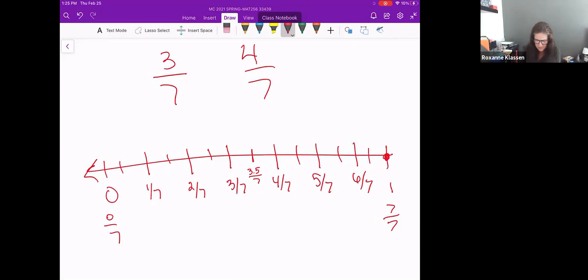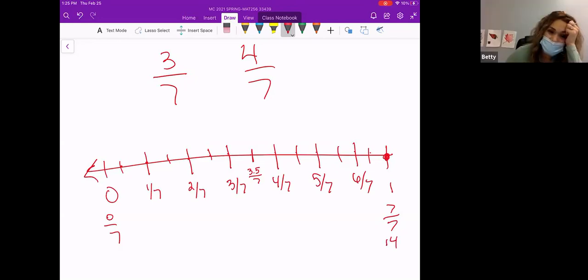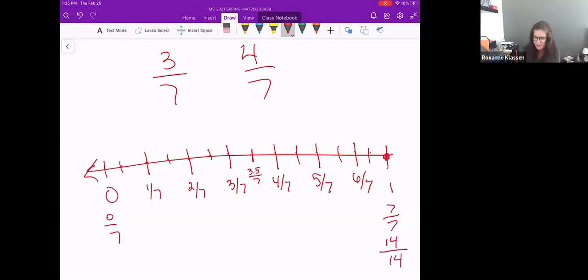Okay, so what is one tick mark now? Let's count how many there are. There's 1, 2, 3, 4, 5, 6, 7, 8, 9, 10, 11, 12, 13. There's 14 of them now. So this must be over 14. 14/14. Oh. So this must be 1/14. This must be 2/14, 3/14,